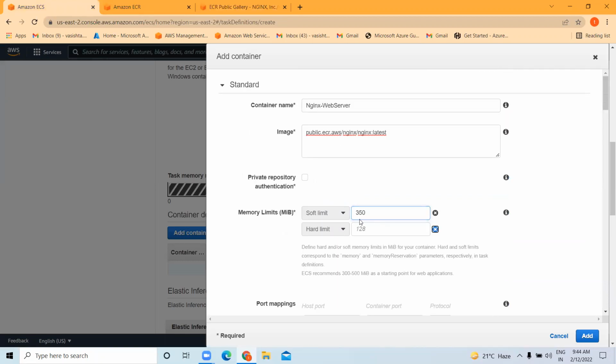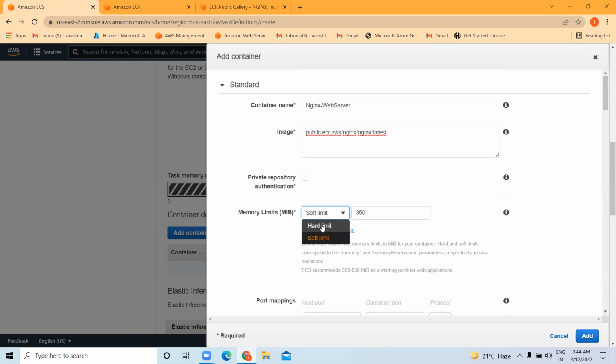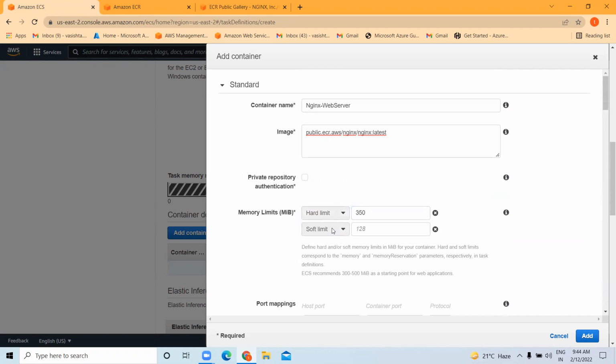Remove this one. Here, the hard limit is 350. Add the soft limit. With the soft limit first, you will get the warning at 250. So when the cluster uses 250 MB,